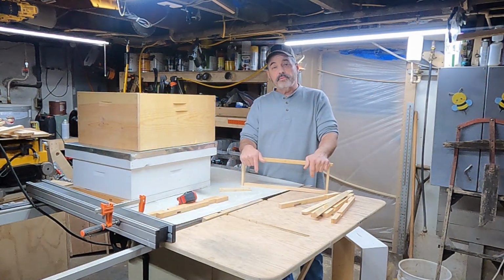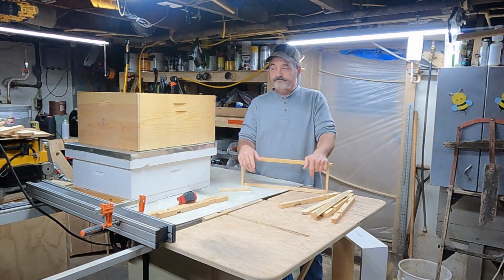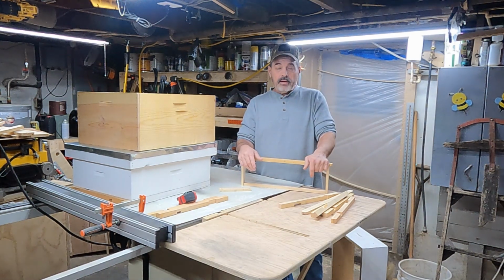If you guys are getting ready for spring here, for your honeybees, and you think about building them, that's a good thing. So, okay,